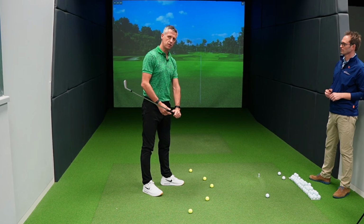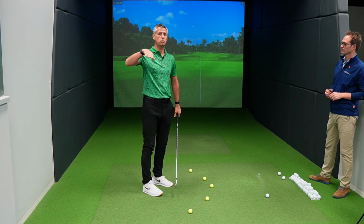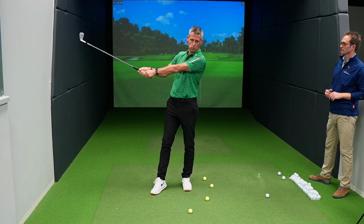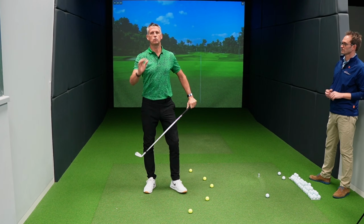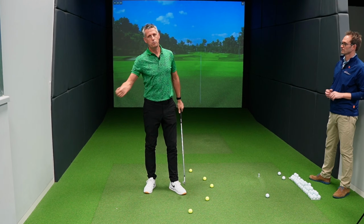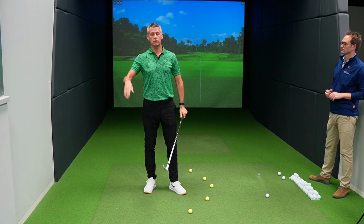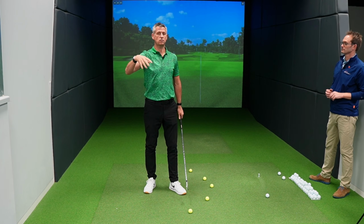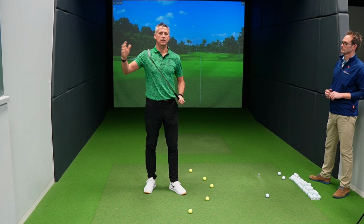And when you start to feel a bit more downstrike and you start to see the ball start right and draw, your desire to start to feel like you cast it will disappear. So put the ball back first, keep the grip, and what that ball back will start to do is get it starting right and drawing. And then once you start to feel comfortable with that, loosen off your grip pressure a little bit more, and you'll start to spool up